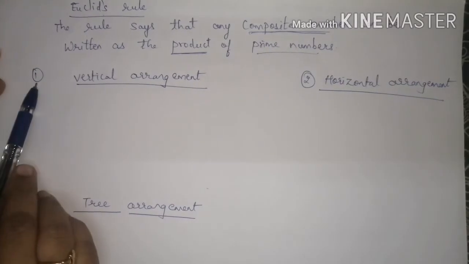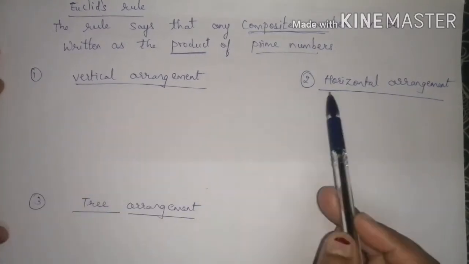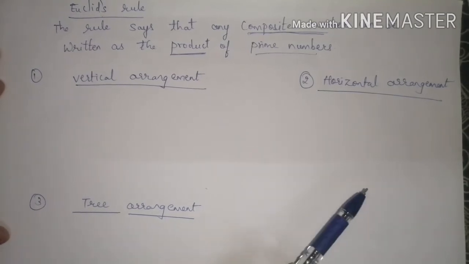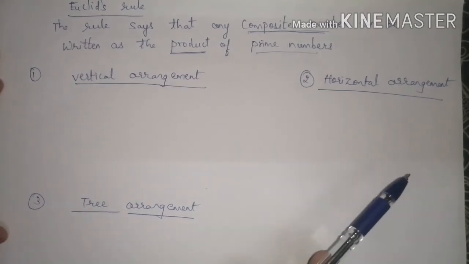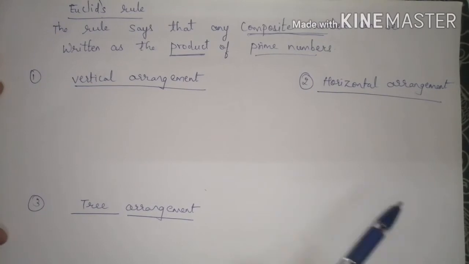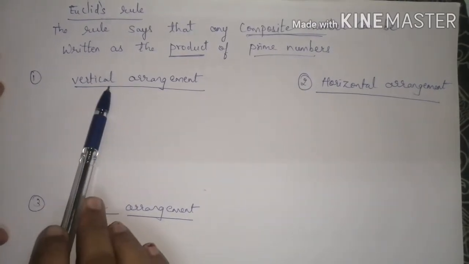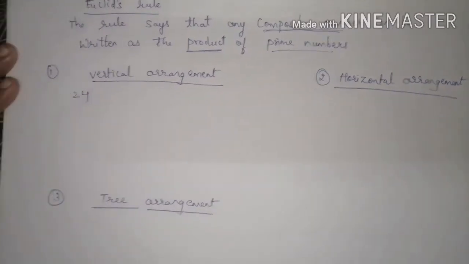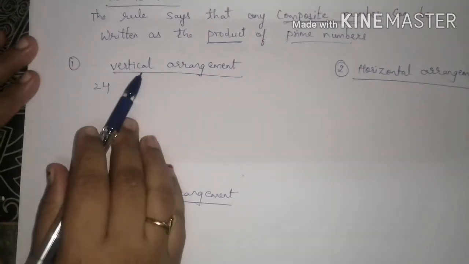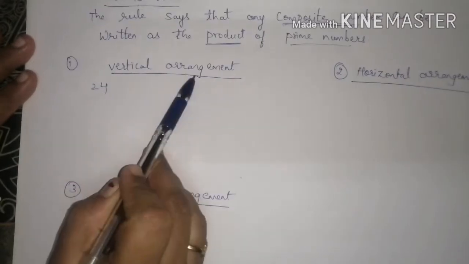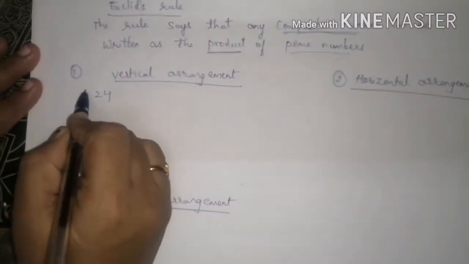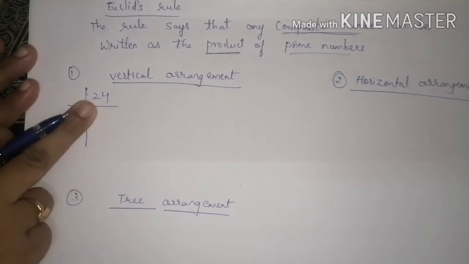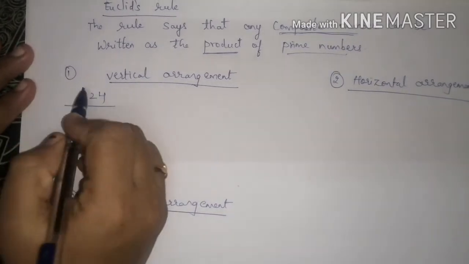So there are three methods, children. First one is vertical, second one is horizontal, and third one is tree. Any one method you can use while solving this given exercise, practice set 11. So I would like to give you some examples of how to solve. For example, 24. If you want to find the factors of 24 by vertical arrangement, we do it like this. We write the number over here in the corner, we make a line like this,